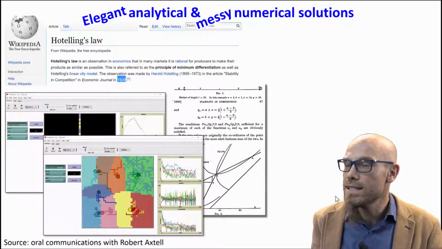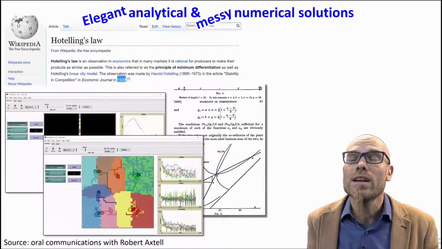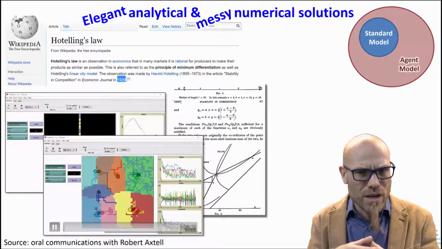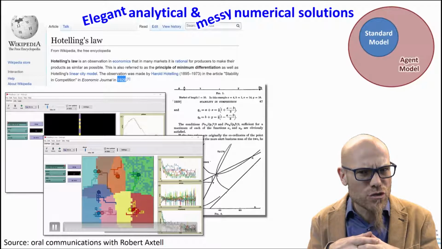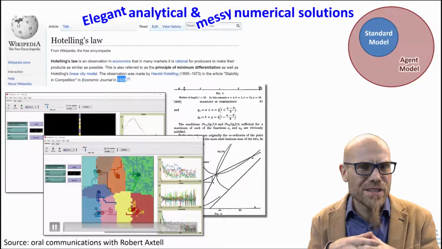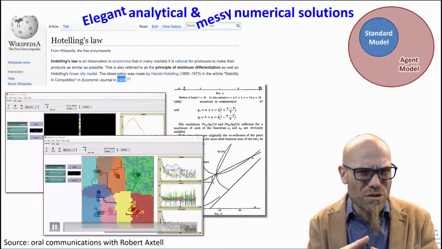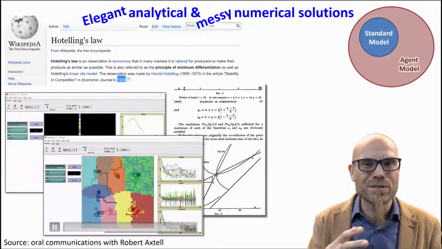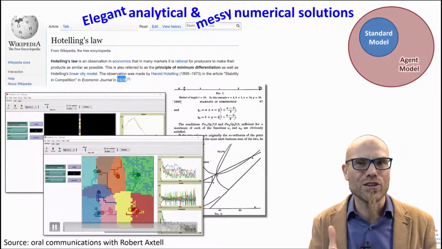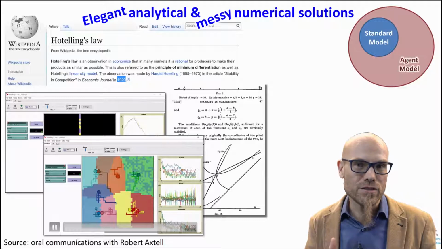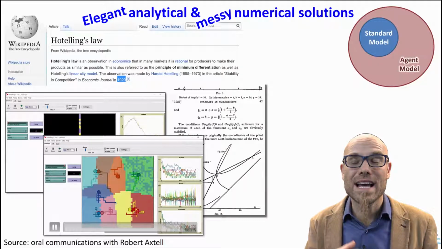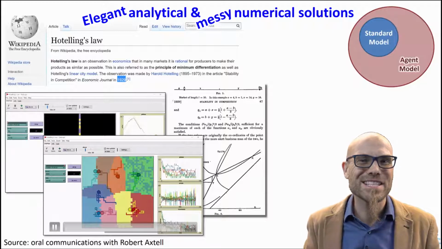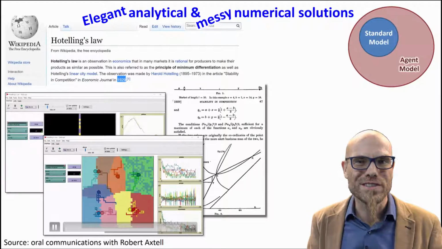So what you often do, what we did here, is you have your standard model, and the standard model describes something very beautiful, very discrete, which gives us great intuition, and an analytical solution is extremely powerful. Because once you have that, you can make very good predictions. It will go there, right? And the agent-based model kind of expands it. That's what we did here. We expanded Hotelling's law by a computer simulation. And that's great. So that's one of the contributions that these messy simulations can contribute to science.